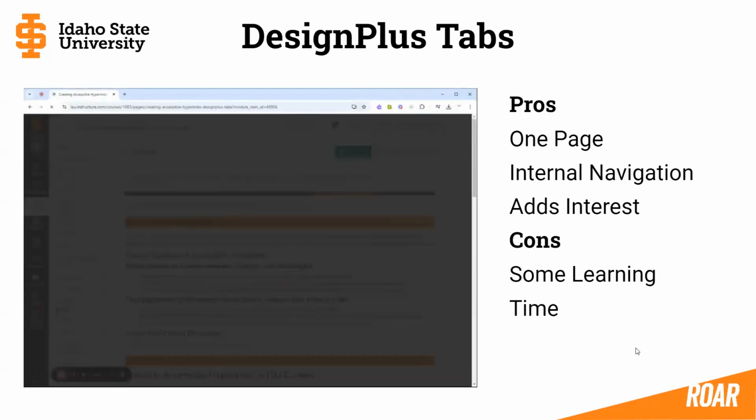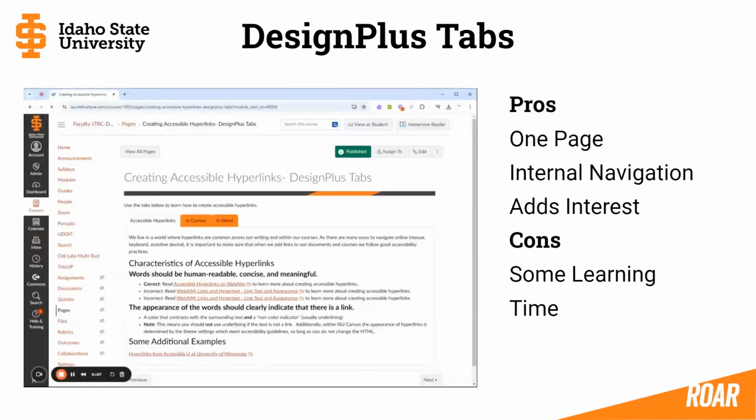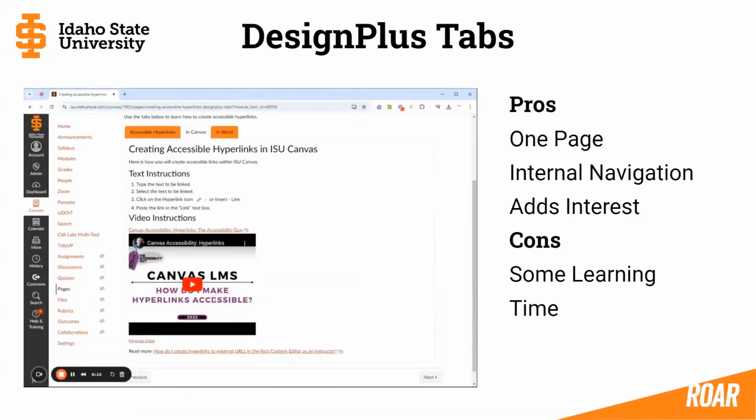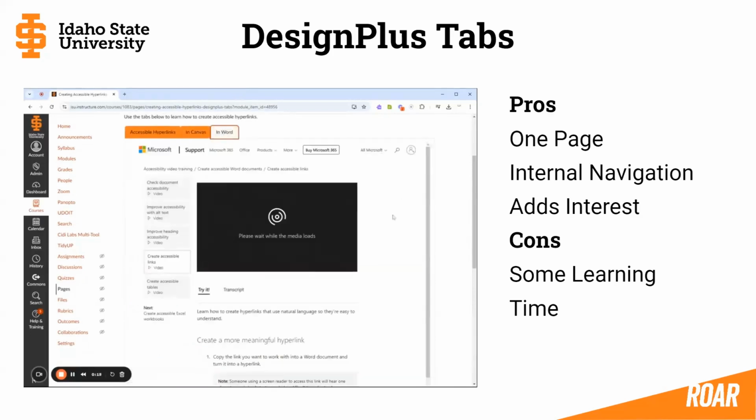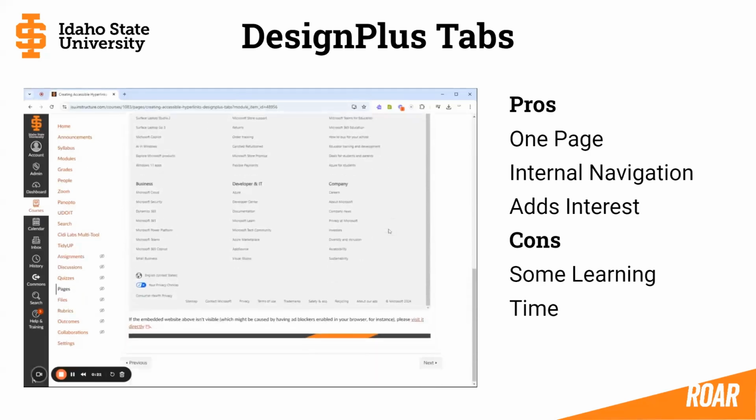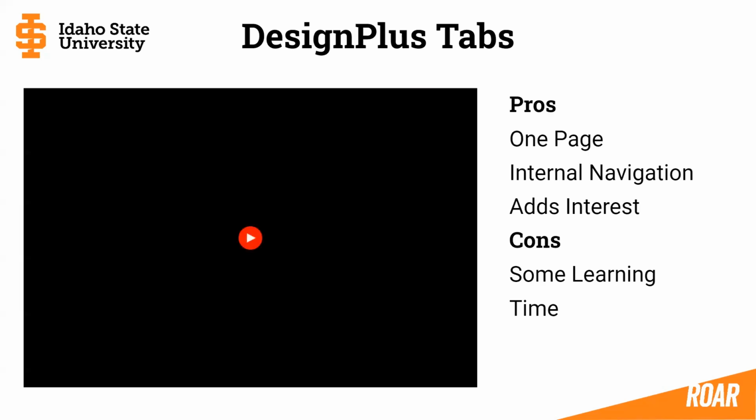This is the same 3 pages you saw earlier. And you notice that they have a tabbed navigation here. We have those same 3 pages about accessible hyperlinks, and we use the same code we embed. So you're just building into your page here. Again, notice that last one was a really long scroll. That's something to keep in mind, especially if you use the tabbed content, because students are going to want and expect that there is a